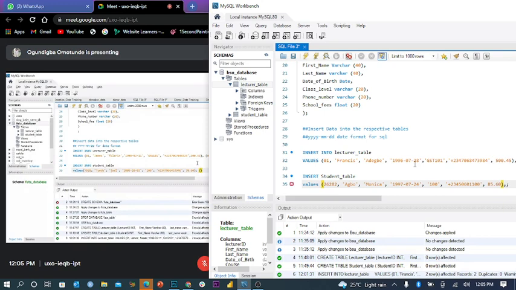So let's assume this student ID is, I don't know, nine six. My pen is not working, so I'm not signing it. Comma, inverted comma. What's the student's first name? You have to make sure you follow through the same way you defined the table. If you don't follow it, SQL will assume that's the way you want it to be, then you'll have an error while creating your data.